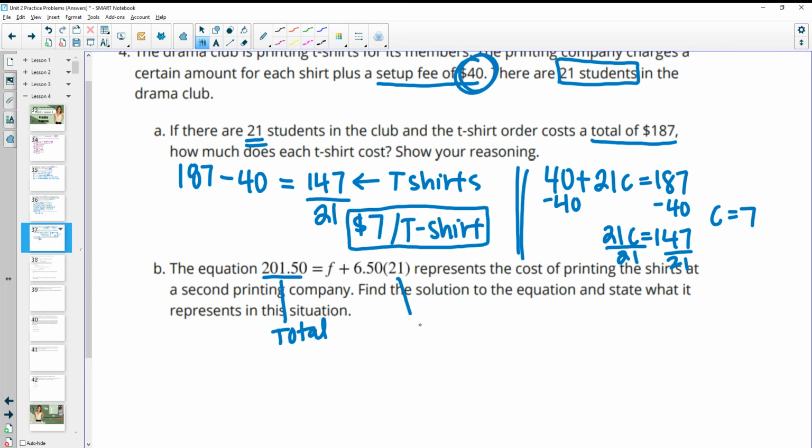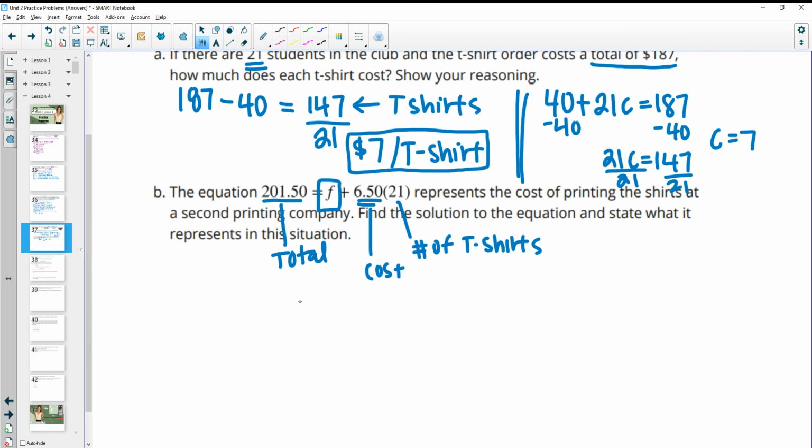We know that this is the number of t-shirts because 21 people. So this is the number of t-shirts. So then this must be the cost per t-shirt. So this F, when we solve for it, is going to be the fee. So if we just multiply out the